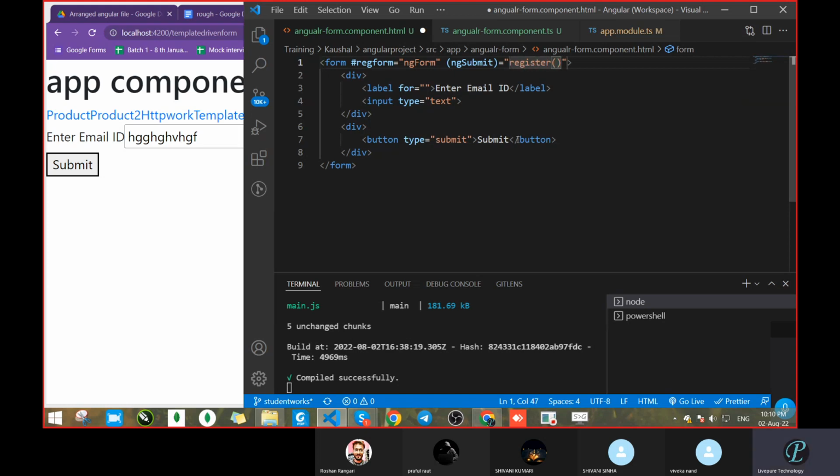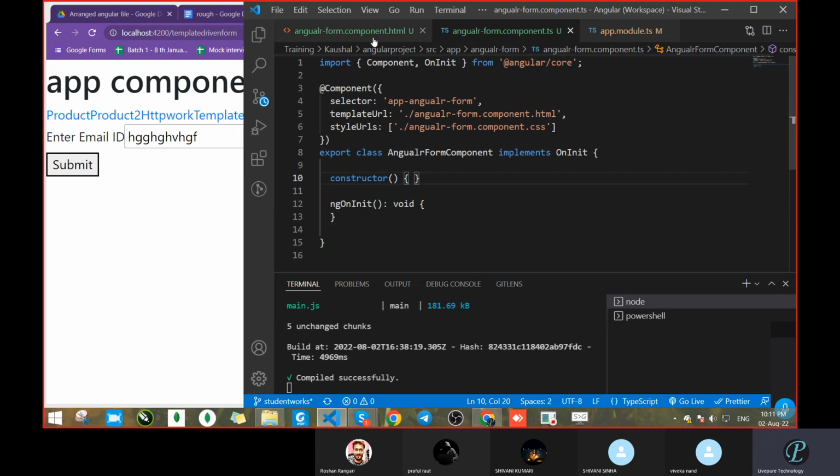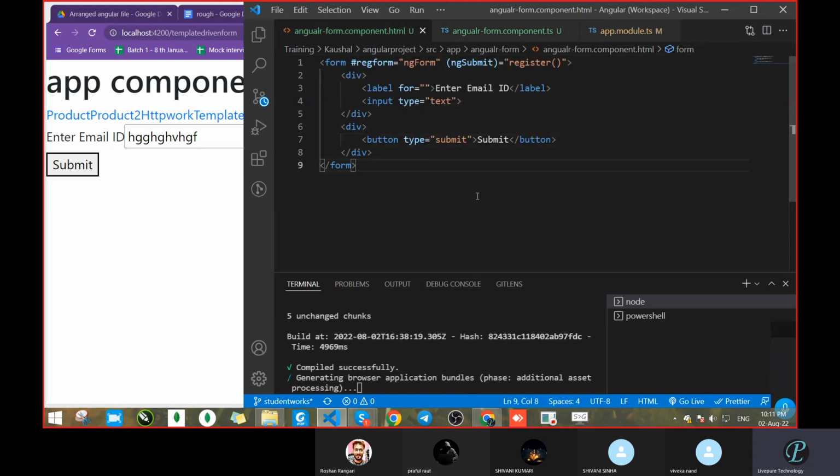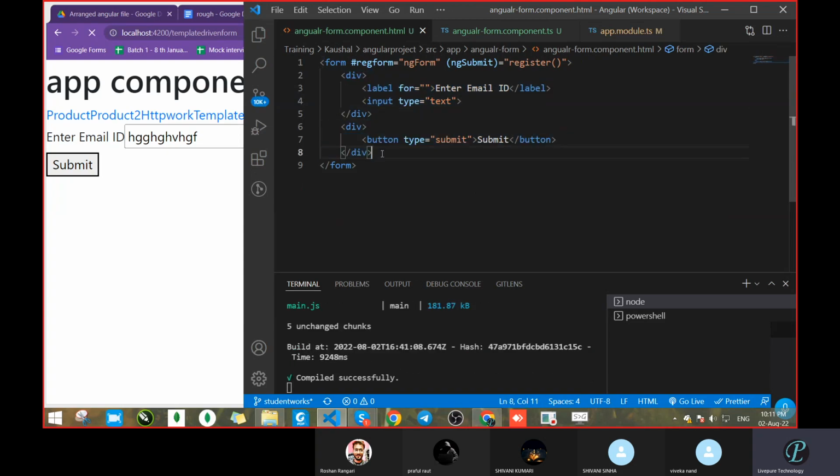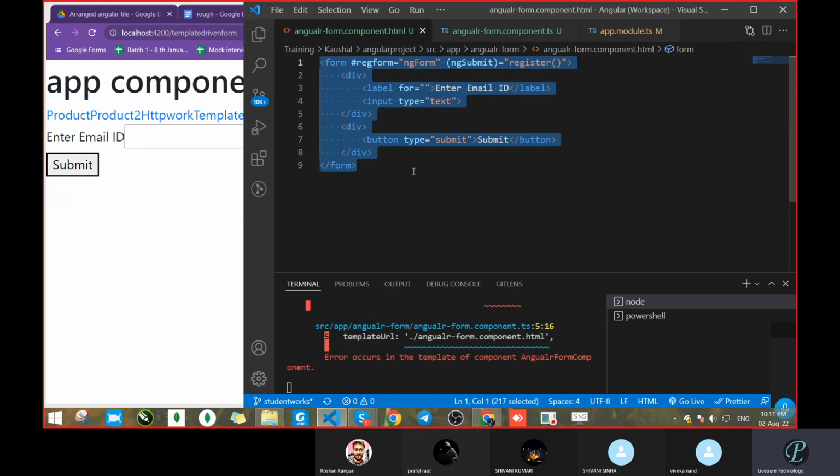Register. That's it. Now, if we have written a method call, it means that somewhere this method is defined. So up to this point, we have done some process. We took some input fields and one button. We added that button with type equal to submit. After that, for this complete data, how will we pass it from HTML to TypeScript? For that process, we used ngTemplate equal to